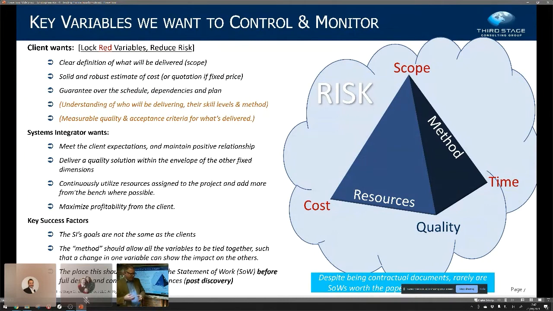And in fact, we often recommend that you use earned value as a way of measuring progress rather than elapsed days and costs. It's a little bit more of an overhead, but again, it's very much worth the money, especially on larger projects.